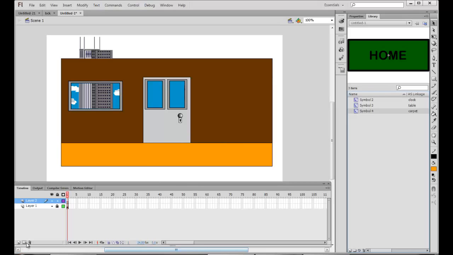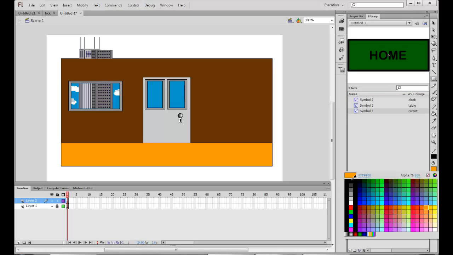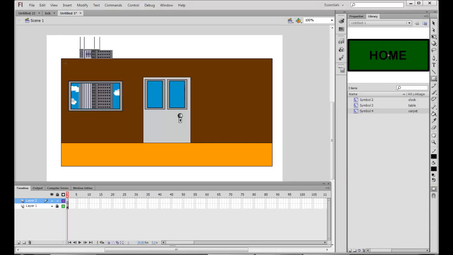So for this we will first just create some buttons. I'll just use another layer for this.